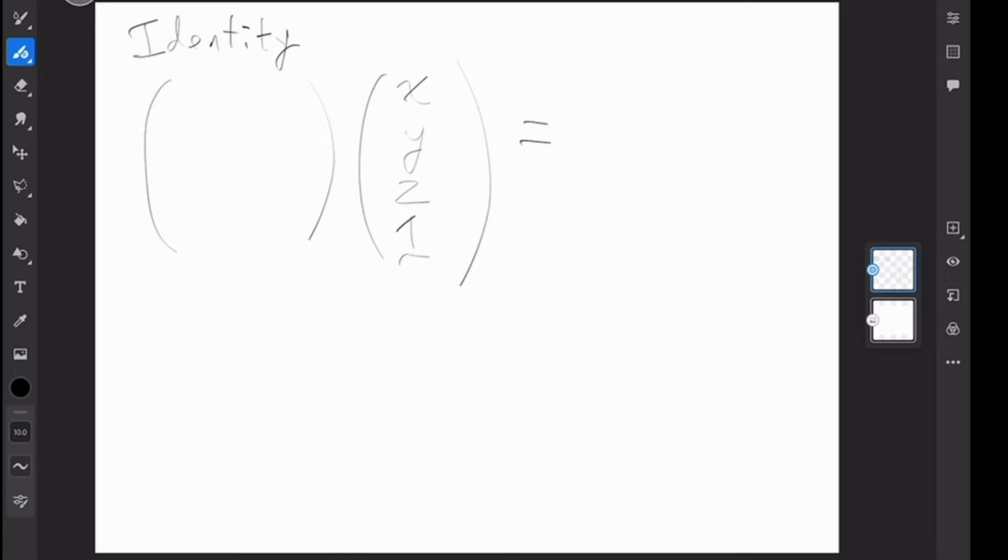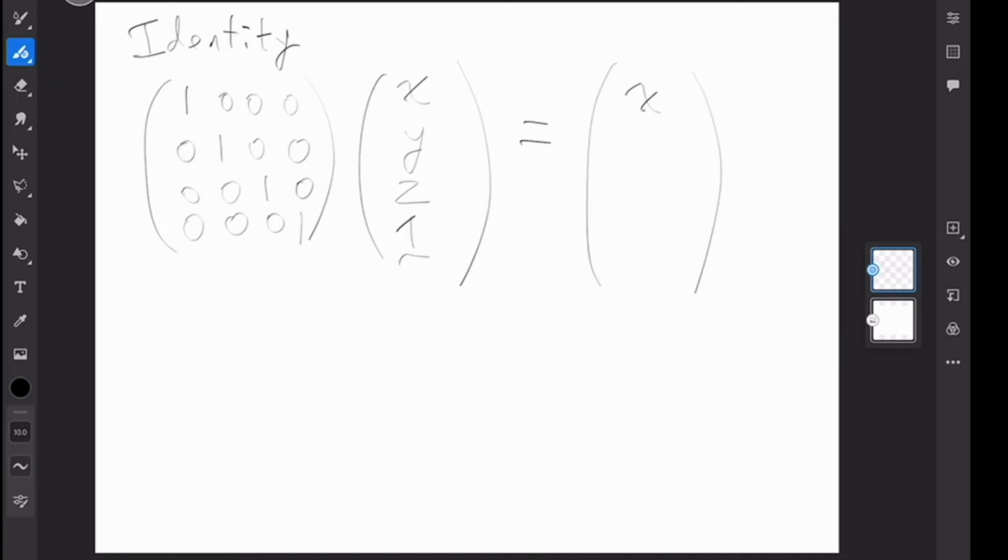Okay, no problem. So we think, well, we want to get x here. So the way we get x is we have 1 times x plus 0 times y, 0 times z, plus 0 times 1. That's the first row. The way we get y is we have 0 times x, 1 times y. We can kind of see a pattern here. So the way the identity works is we have 1s on the leading diagonal,